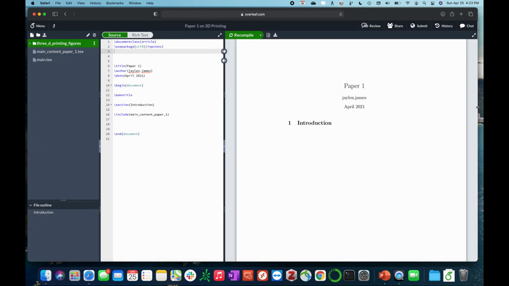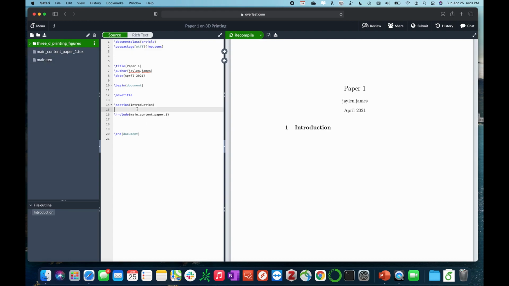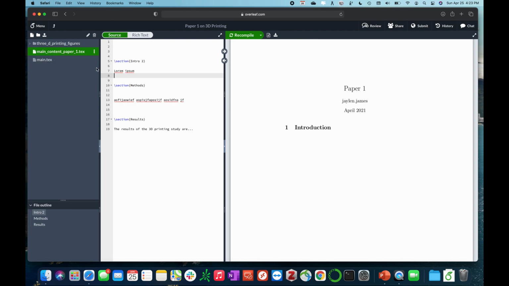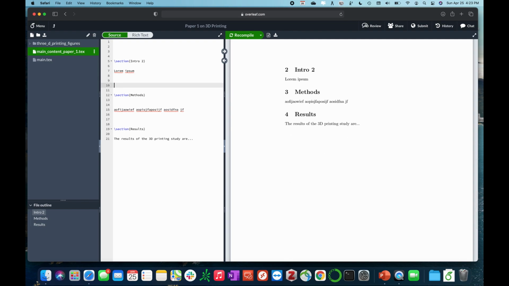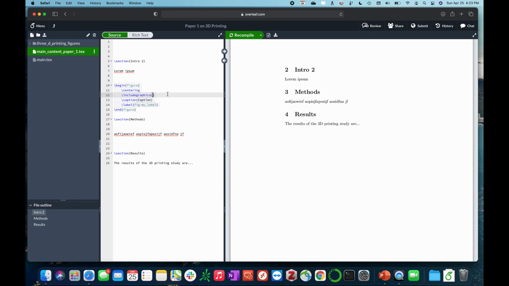And now I want to add it to the document under the introduction. So I'll go to that section. Actually, I'll add it into the intro too. And I will begin my figure environment. Begin the figure. And I'll include the graphics, so it's within this folder, 3D printing figures. That is the image. This image is actually really big, so I'm going to scale it down